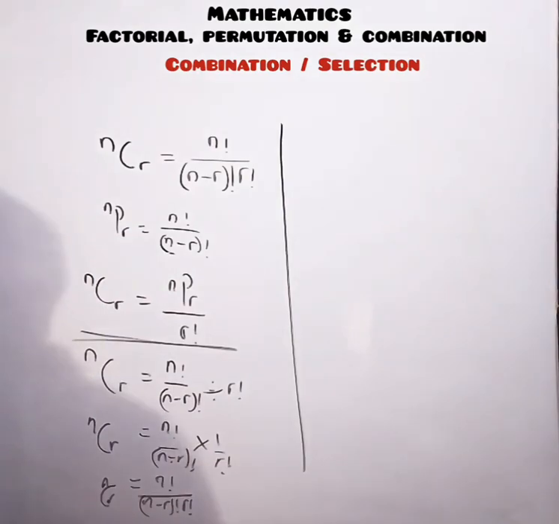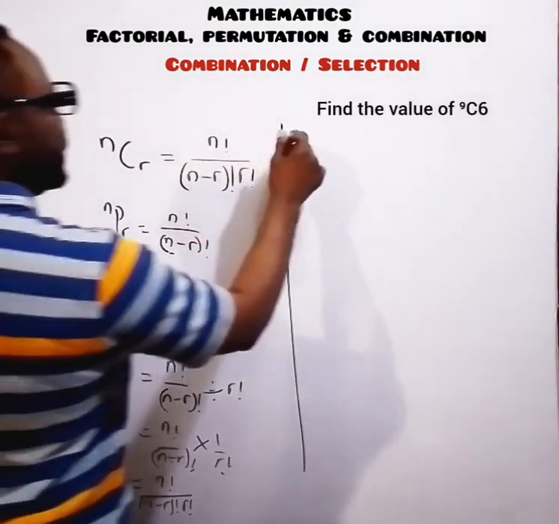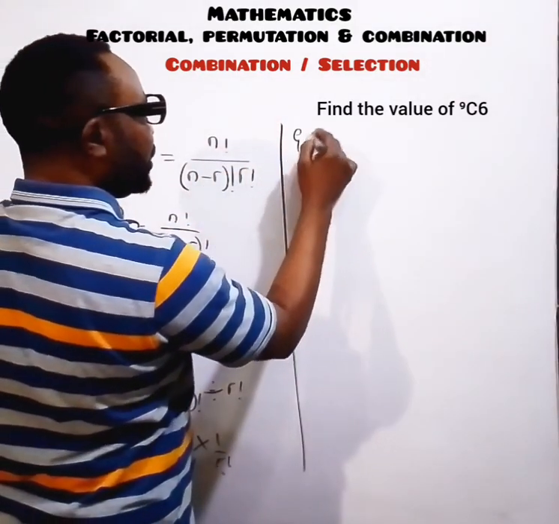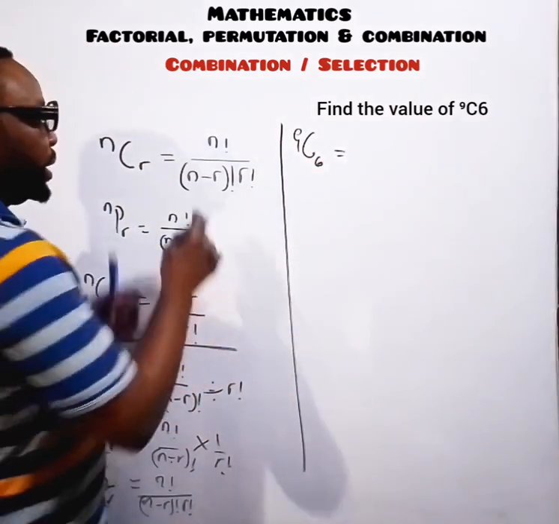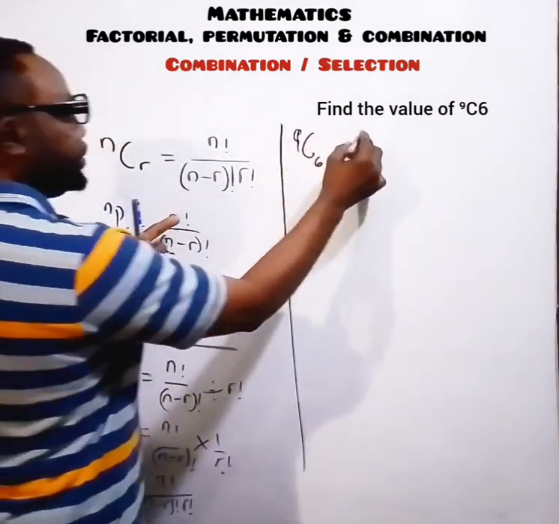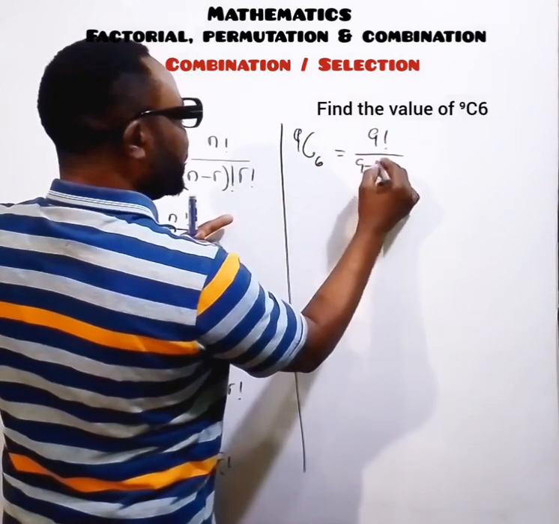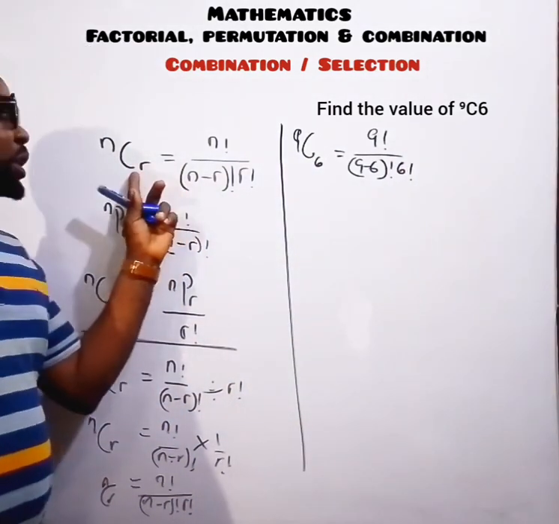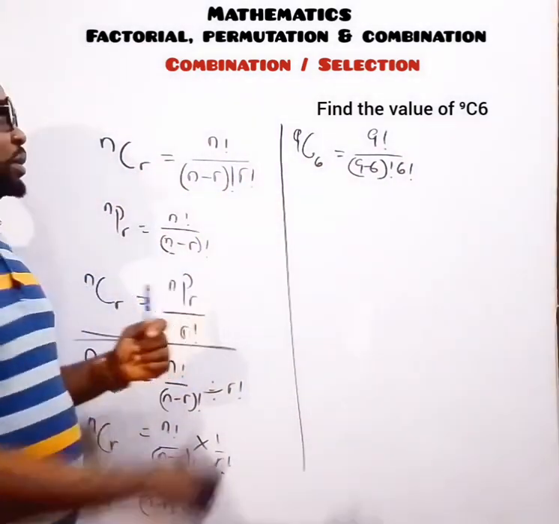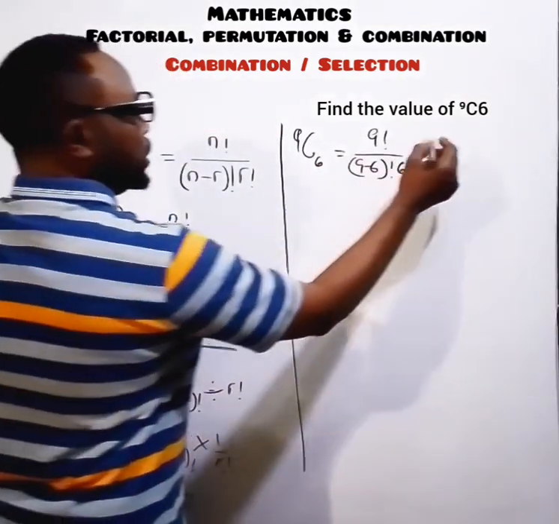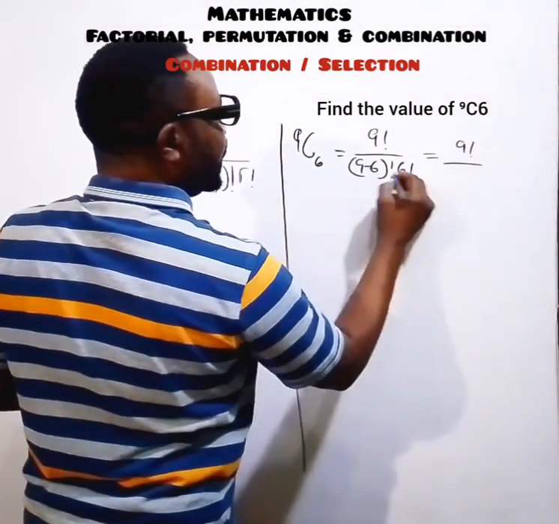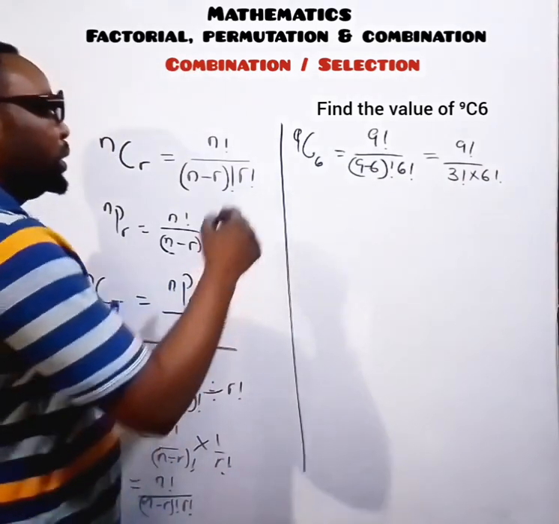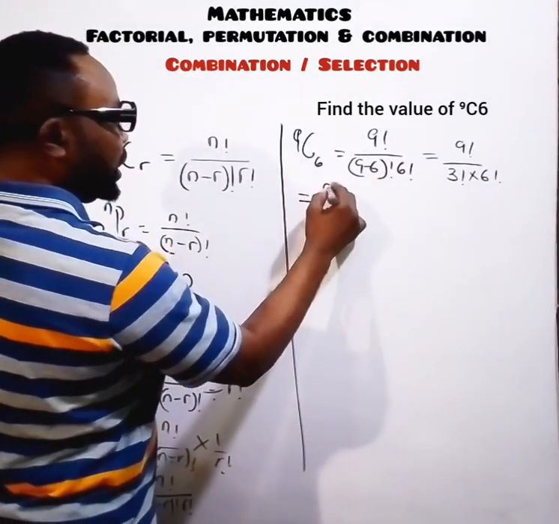Now, if you have a question of this nature that says we should find the value of 9 combination 6, 9 combination 6 will be given, according to this formula, as our n is 9. That will be 9 factorial over 9 minus 6 factorial, 6 factorial. That is the translation. We can see that r is our 6 here. So it is going to be equal to 9 factorial over 9 minus 6, that's 3 factorial, multiplied by 6 factorial. Now, if I want to simplify it further, I will say 9 factorial all over